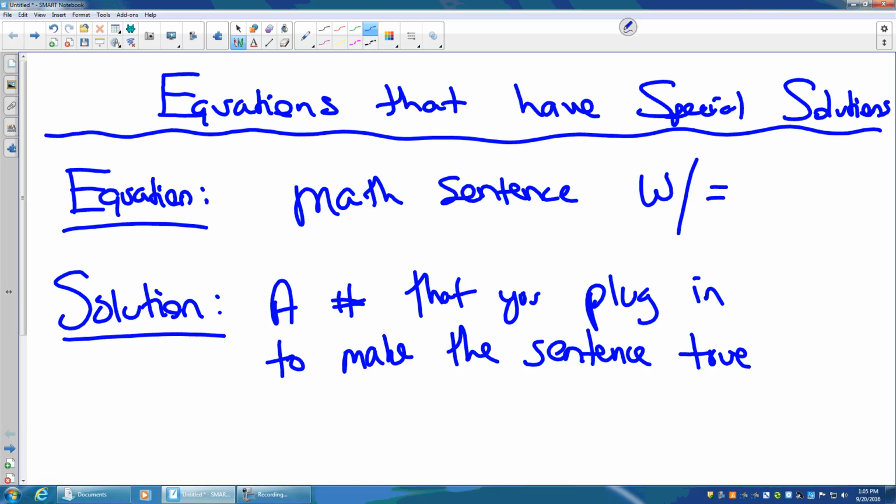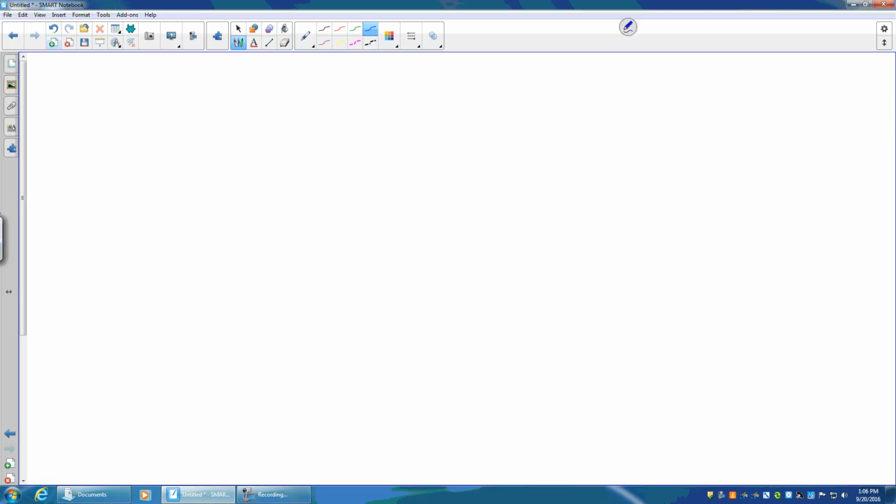Okay, so a solution is a number that you plug in to make the sentence true. So that's going to be big today because we're going to look at ones that have special solutions. So let me give you an example, and then we can take a look at what I mean by these special solutions. So the first example that I want us to look at is